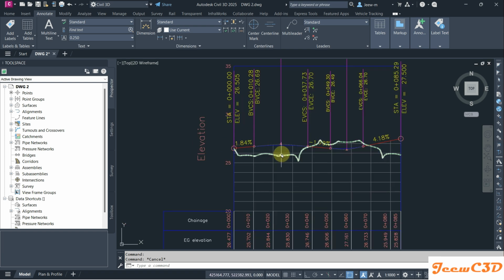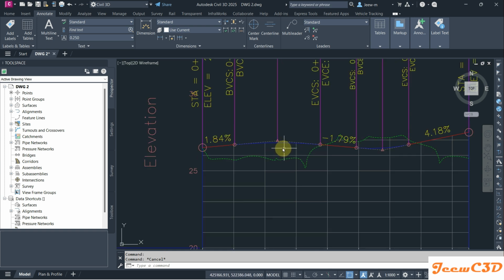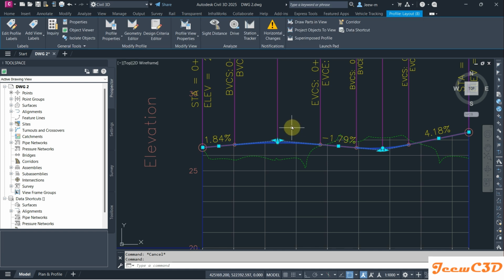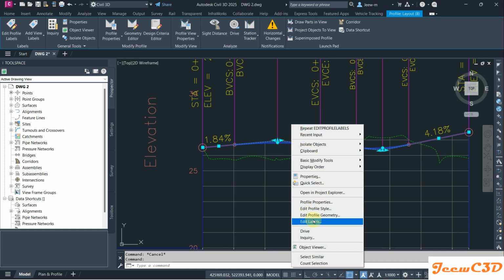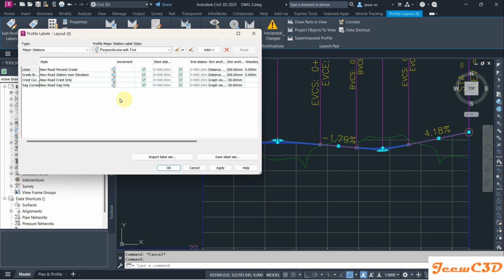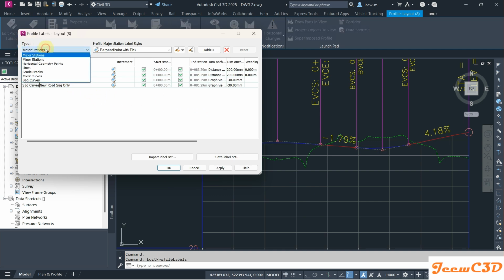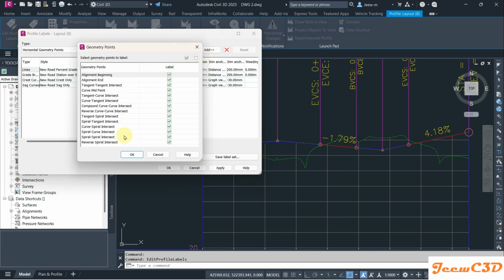Now to add these horizontal geometry points to this profile, I select the profile, then right click, go to edit labels, then on the type, I go to horizontal geometry points and I'm selecting a style. I can select a style, but in here only one style is available, but still you can customize it if you want. And then add here, and it is asking what are the geometry points you need to add in,